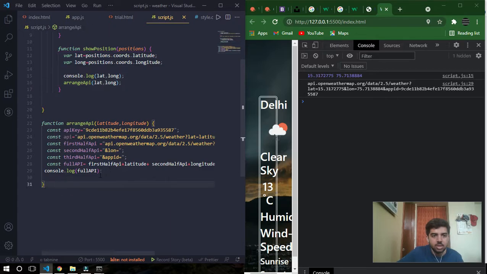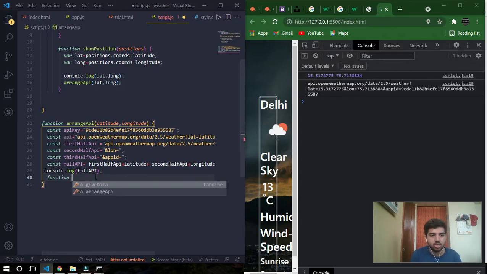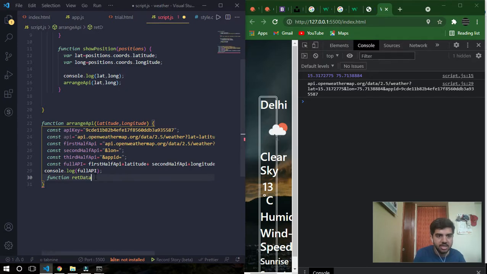Now here I'll just declare a function. I'll call a function retrieve data. I'll just take it as ret data, and I'm going to pass full API as an argument.